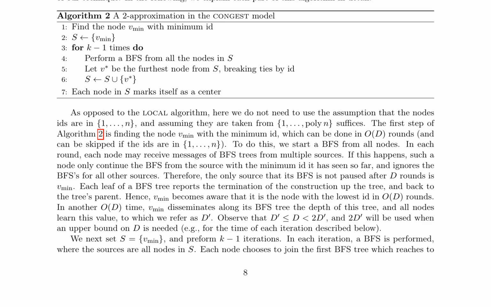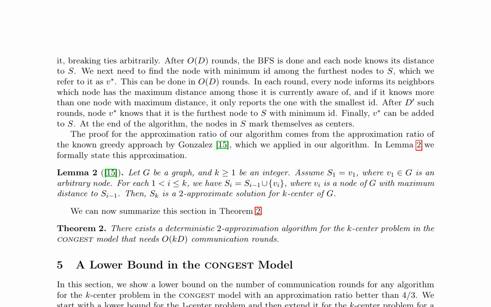Notably, the assumption of node ids being in 1, n, is not necessary, and assuming they are taken from 1, poly, n, suffices. A deterministic 2 approximation algorithm for the k-center problem in the CONGEST model is developed, requiring O, kd, communication rounds. This algorithm employs a greedy approach, similar to Gonzalez's method, which is known to have a 2 approximation ratio. The algorithm operates by iteratively selecting nodes with maximum distance to the current set of centers, S, until